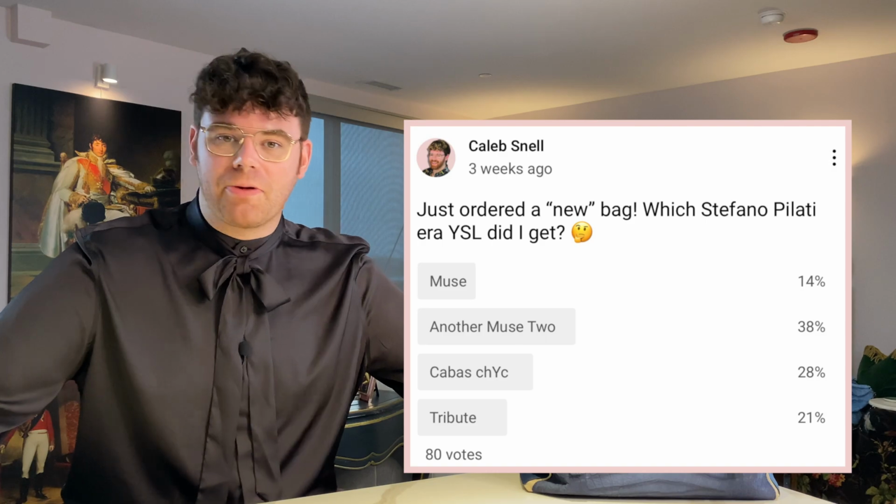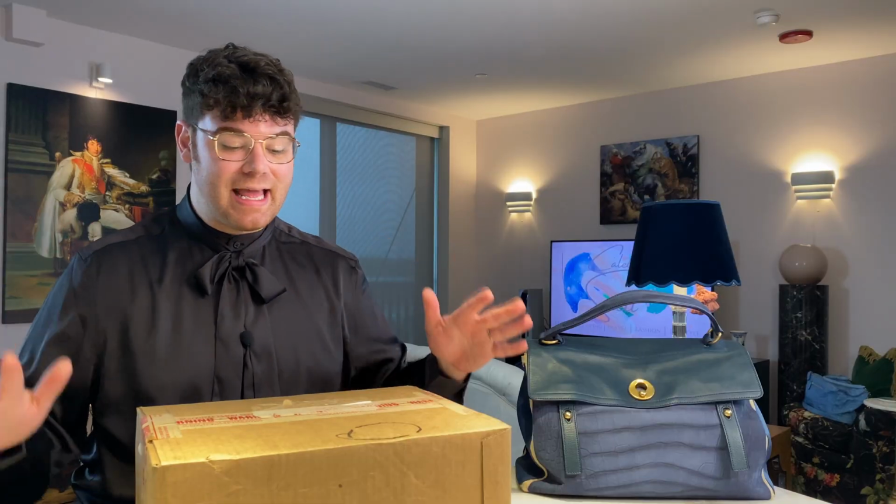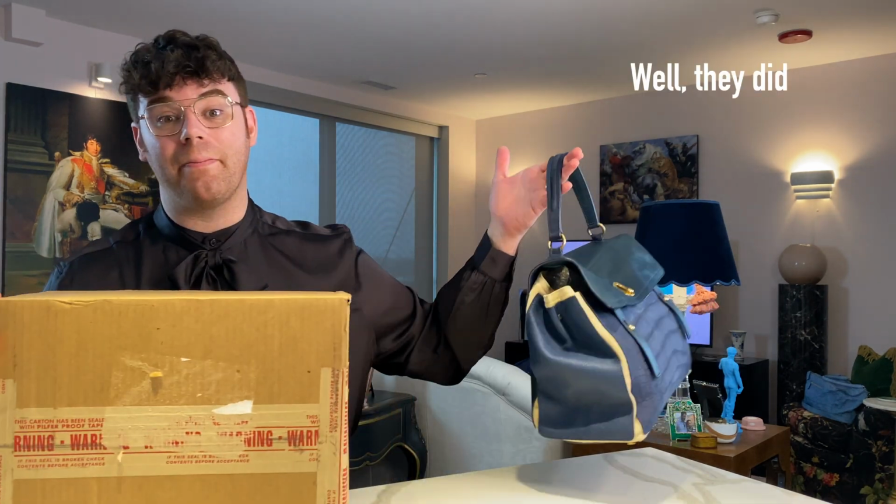If you guys remember, I posted a "guess what bag I bought," and I ended up buying 2 YSL bags. They're both on the list. The majority of you guessed right, but one of them arrived today, in a very small box. So today, if you haven't already guessed, I found another large Muse Two. How they fit it in this tiny box is beyond me, and I'm a little nervous and a little worried,